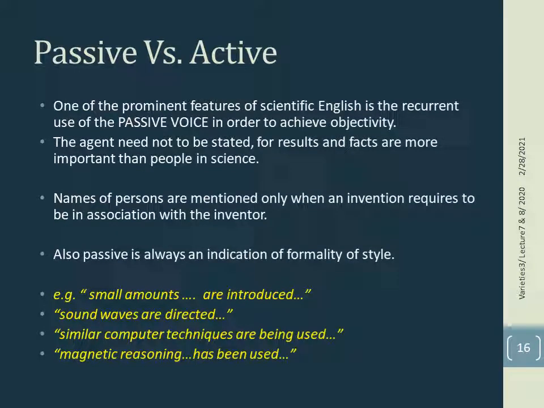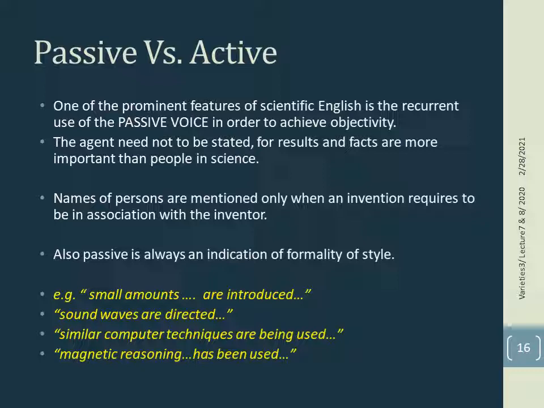When it comes to passive versus active, one of the prominent features of scientific English is the recurrent use of the passive voice in order to achieve objectivity. The agent need not be stated, for results and facts are more important than people in science. So names of persons are mentioned only when an invention requires to be associated with the inventor. Also, passive is always an indication of formality of style. Okay, so for example, small amounts are introduced, sound waves are directed, similar computer techniques are being used,